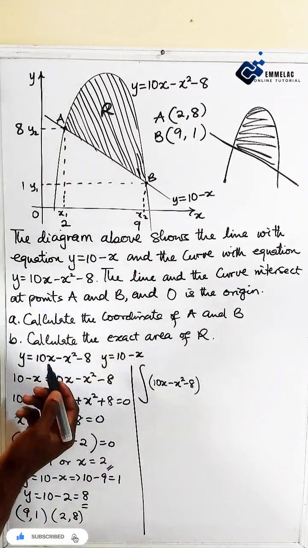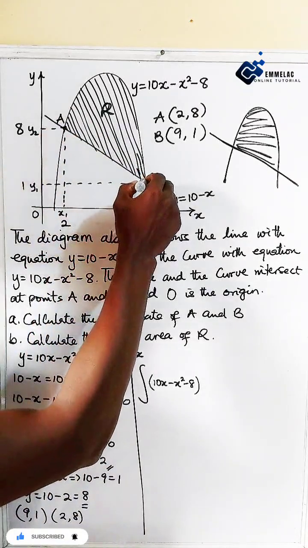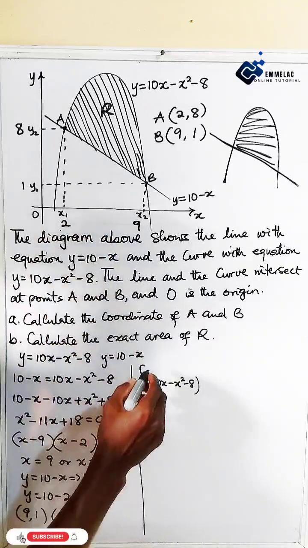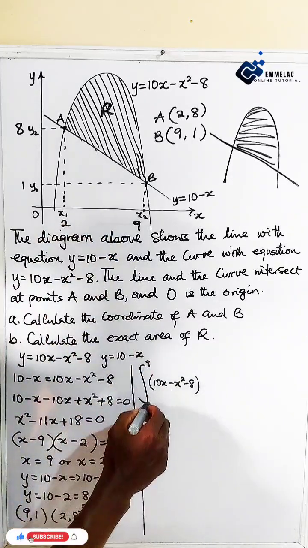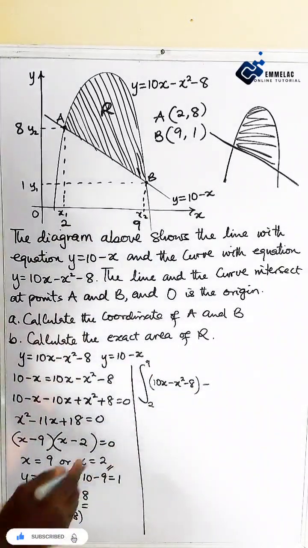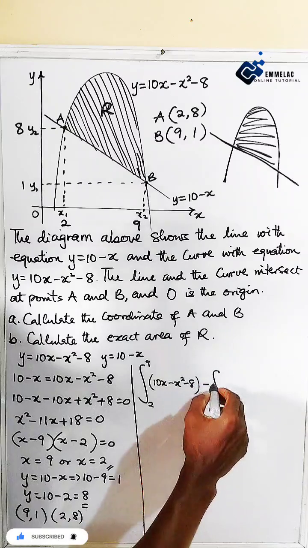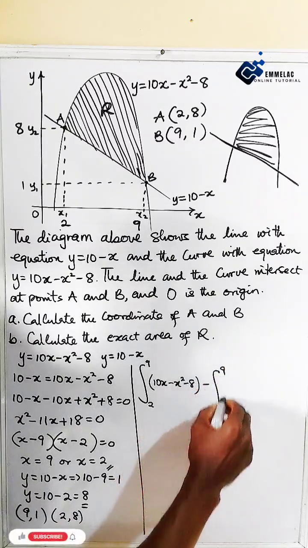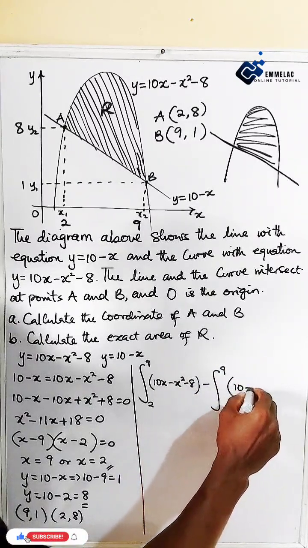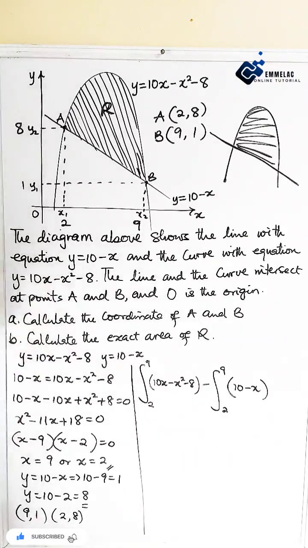limits, okay, from here and here, so we have to take it 9 and 2. So this is 9, the upper limit, and the lower limit 2. Then minus the integral of the line also, taking the limits 9 and 2. So we have 10 minus x. All right, so if you are to integrate here,